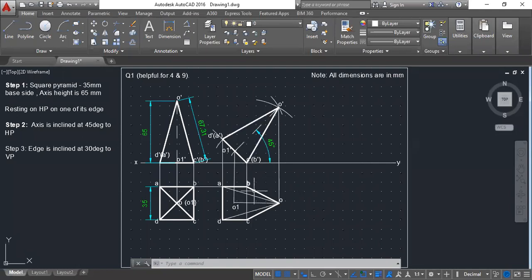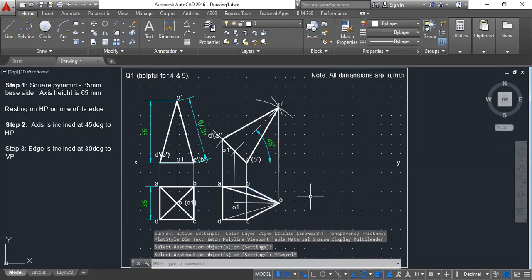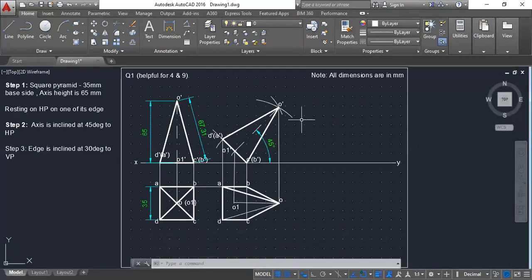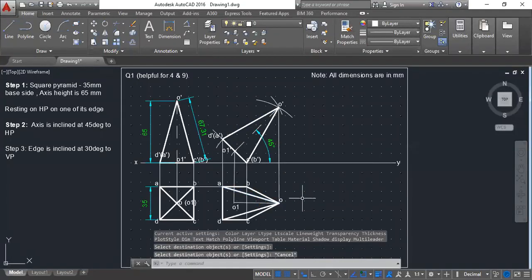So this is the top view, correct? Top view of this particular figure. When I need the top view, I just need to see from the top. So when I see from the top, can I see the line joining O and A? Yes, I can see that in the top. So I'll make it continuous dark. Now when I see from the top, can I see the line OD? Yes, see D is here and O is here. I can see that line also. So I'll make that also continuous and dark.